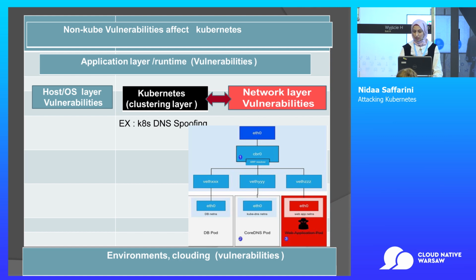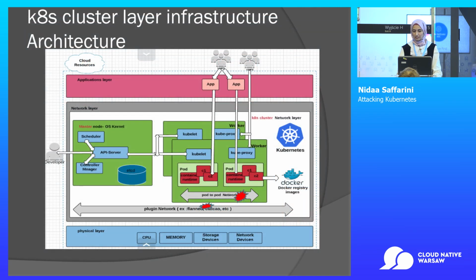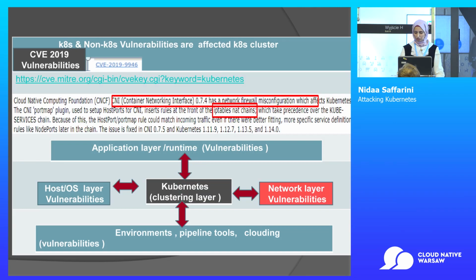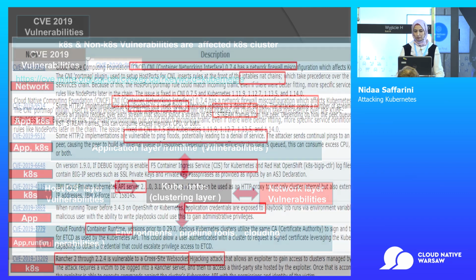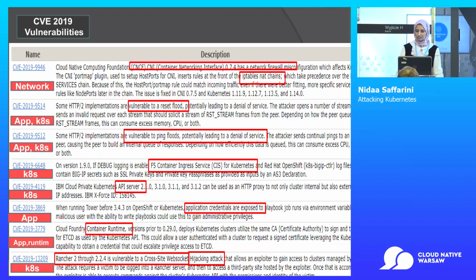So maybe we have a demo here. I can show you. Yeah, this is like a second stage vulnerability, so the hacker should be inside the cluster network to utilize it. I left you some of them inside the slides, with a description of which layer each vulnerability relates to: network, the Kubernetes layer itself, or the app, or runtime.